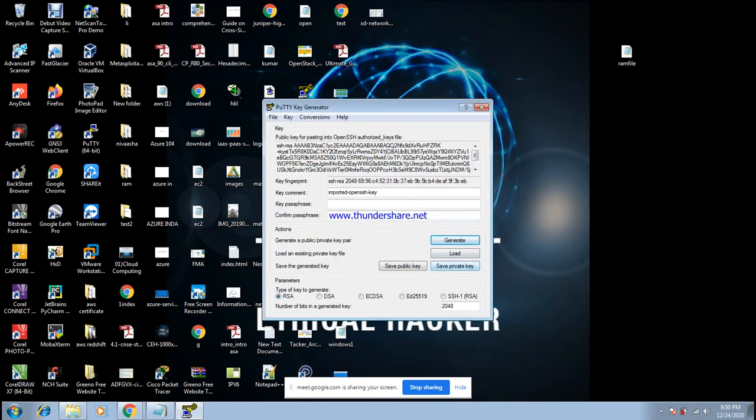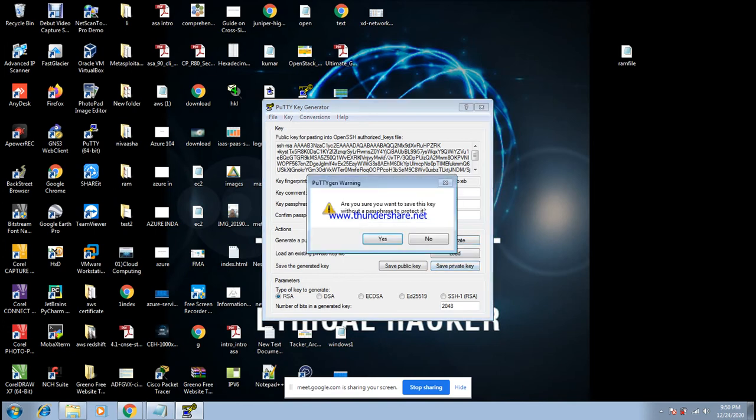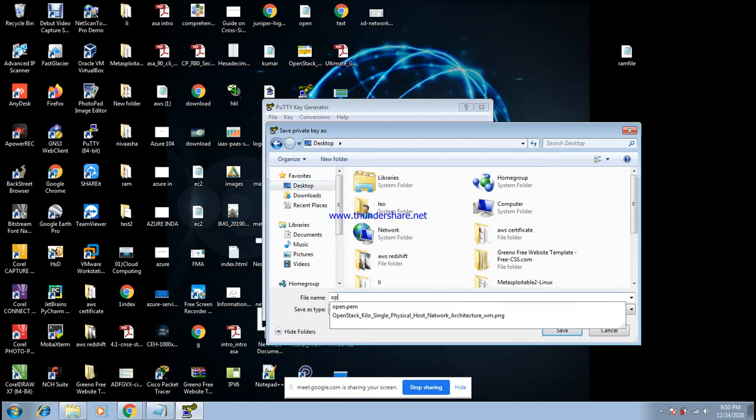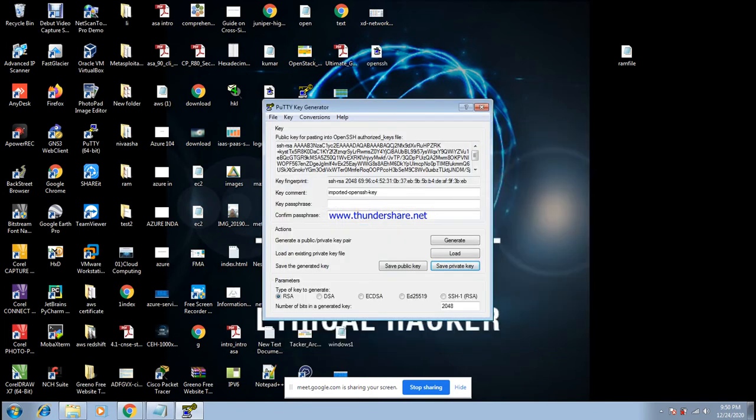Save it on the same desktop with the same file name, or I can give a different name, open SSH. Then give save, then close.